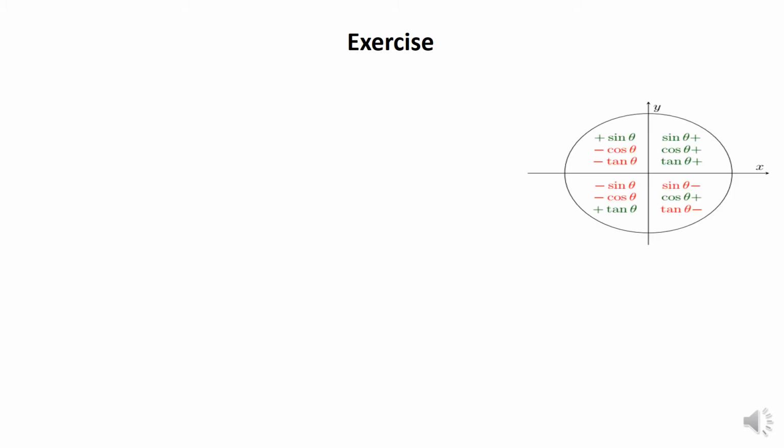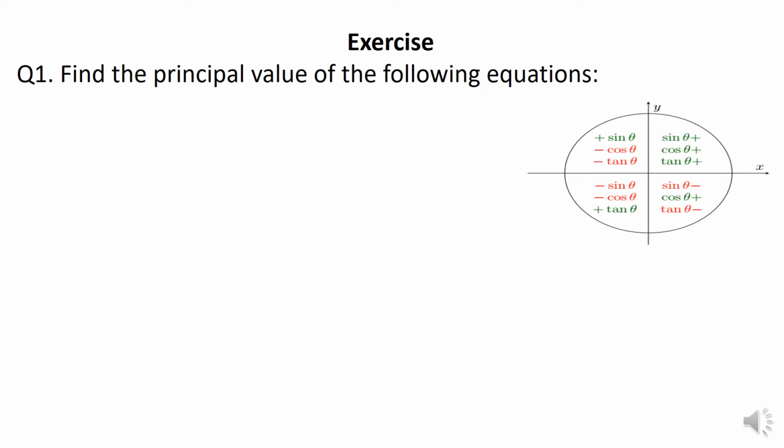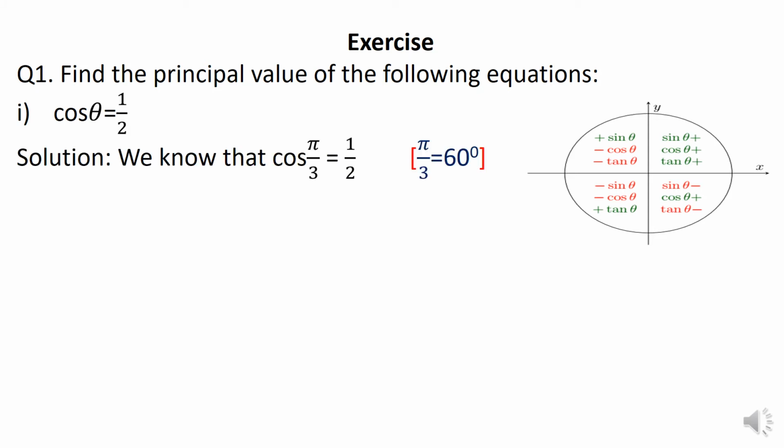Now in the exercise, we are going to deal with different types of sums. The questions are all going to be the same, that is, find the principal values of the following equations. Now the first equation given here is cos theta is equal to half. Now we know that cos of 60 degrees is half, and 60 degrees in terms of radians is pi by 3 radians, isn't it? This we already know from last year's data. When we studied the first lesson of last year, we studied how to convert an angle in degrees into radians. So as a result, cos of pi by 3 is half.